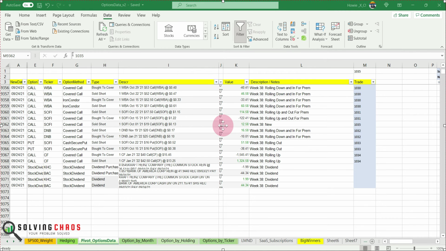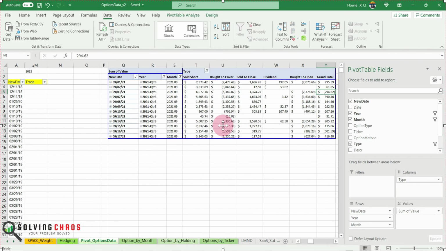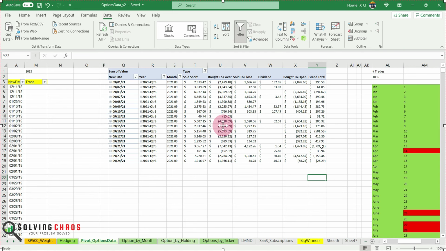The last thing I'm going to do is I always hit the save button, go to the top. I'm going to now pivot the data to see if there's any errors in my data. So let's hit the refresh there. The first thing I'm going to do is just look at some of the data points to make sure nothing is wrong here. And I'm going to double check some stuff.